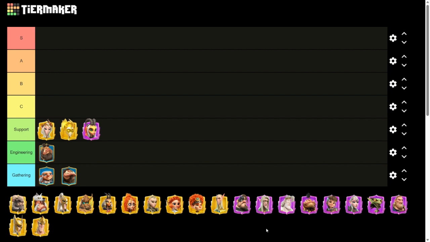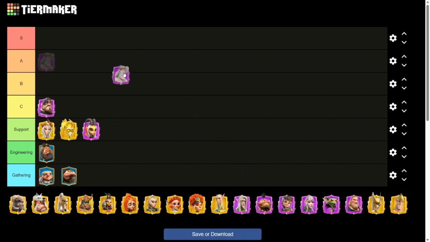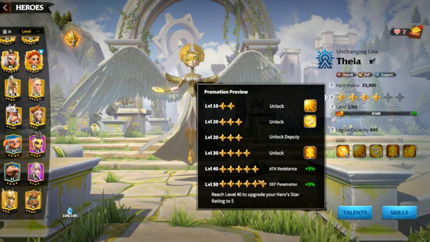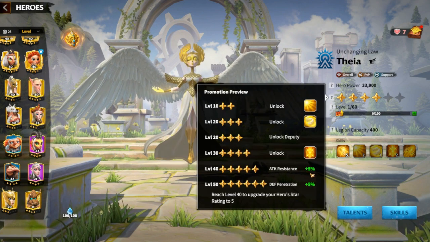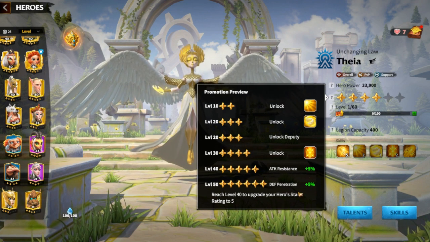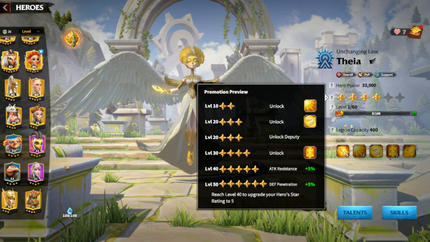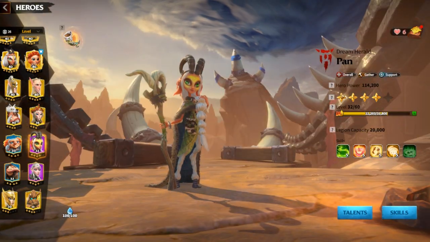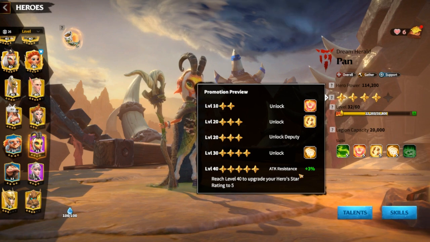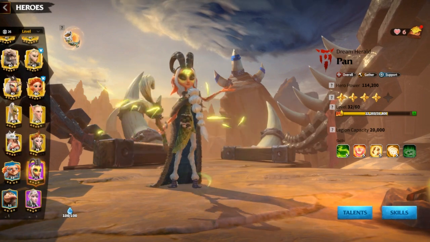Now, you'll notice that epic commanders in this season have really fallen out of favor. Even though they used to be super good in the older seasons, now with the introduction of 5 and 6 star commanders, there is a 5% attack resistance for 5 stars for legendary commanders and a 5% defense penetration for 6 stars in legendary commanders, while epics only get access to 3% attack resistance at 5 stars,